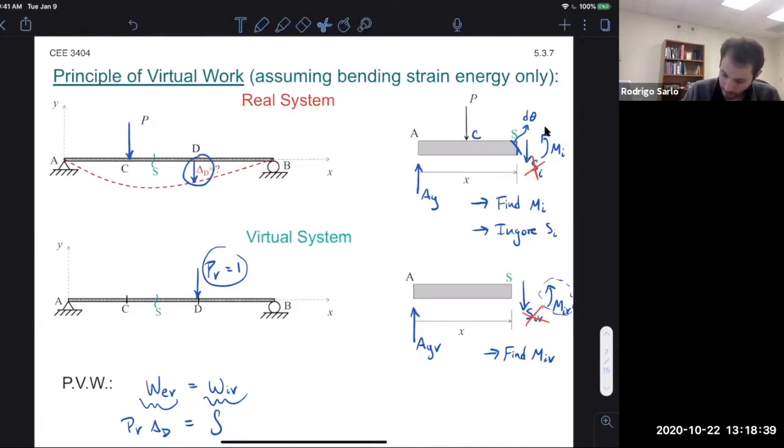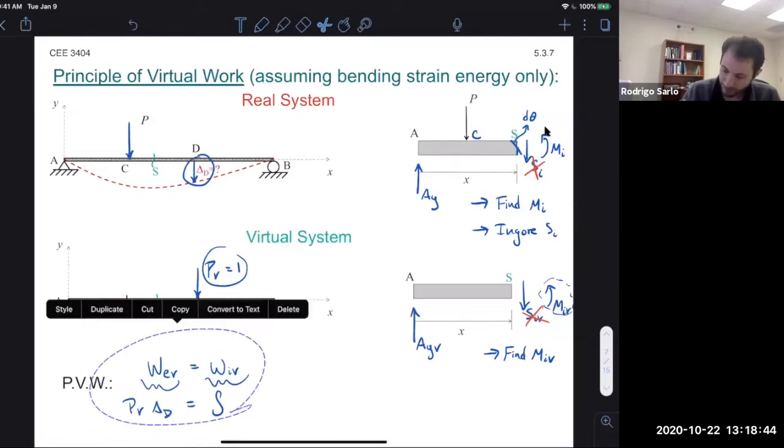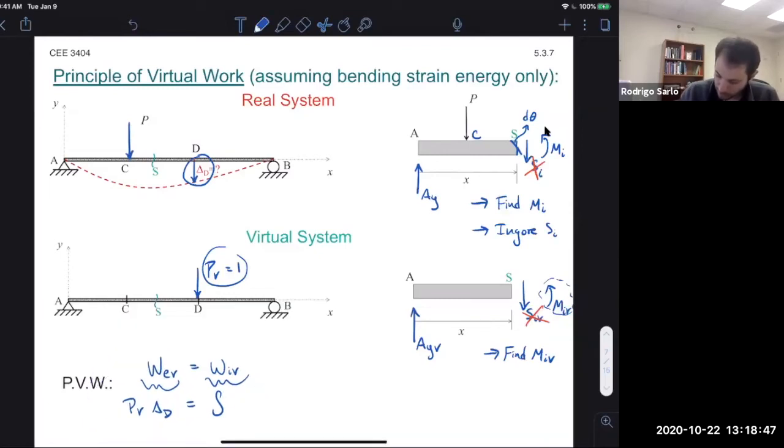So it's going to be the integral from 0 to L of the internal moment, right, which is a function of x, times my d theta, okay? And again, we know that d theta is a function of the real moment here, just like internal deformations in the truss were a function of the real forces. And so I can modify this to